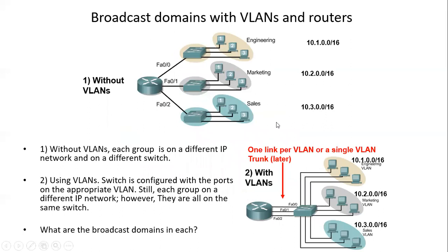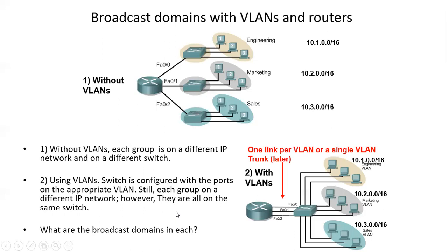We'll see with an example what the advantage of VLANs is. Suppose there was no VLAN. You can see the connection like this block diagram. For each LAN, you have a switch which is connected to a router, and each can be considered as a network with a different network ID. So there is a different network for each LAN connection, and they have a different switch.